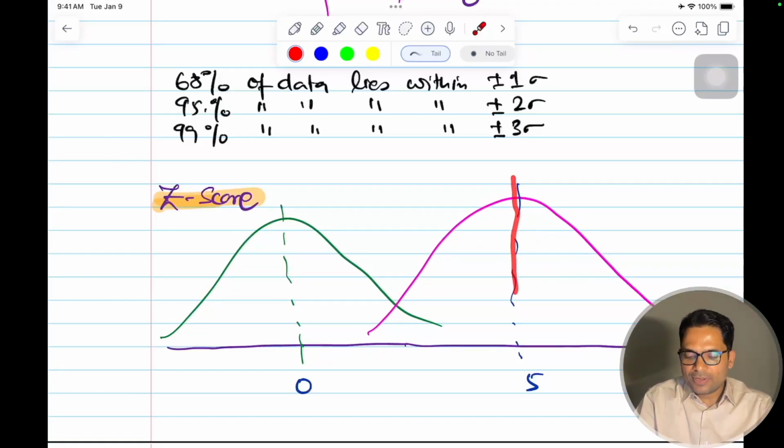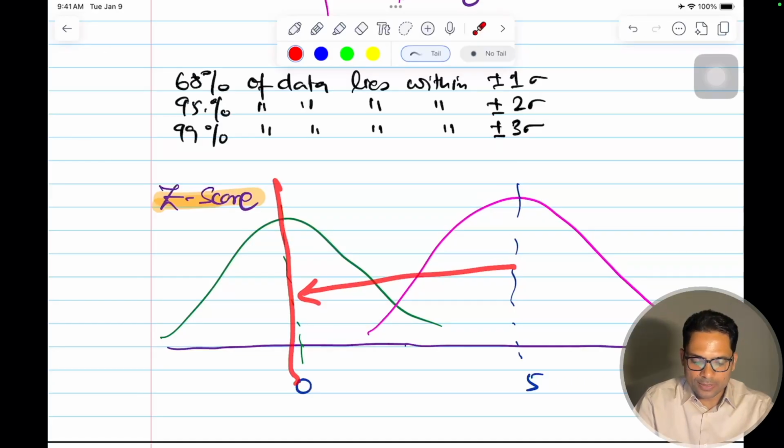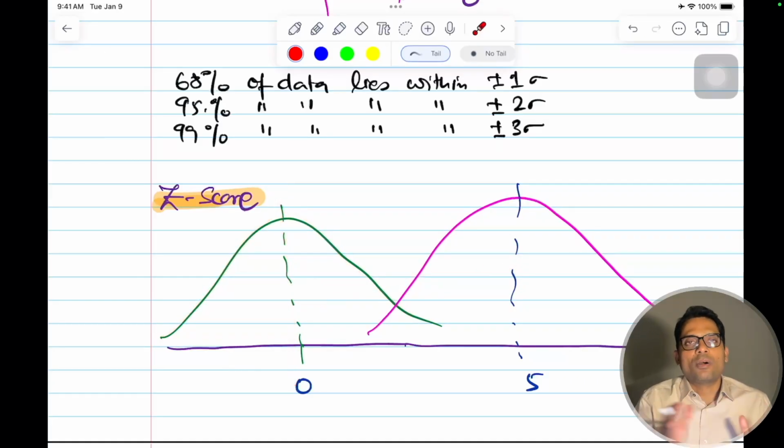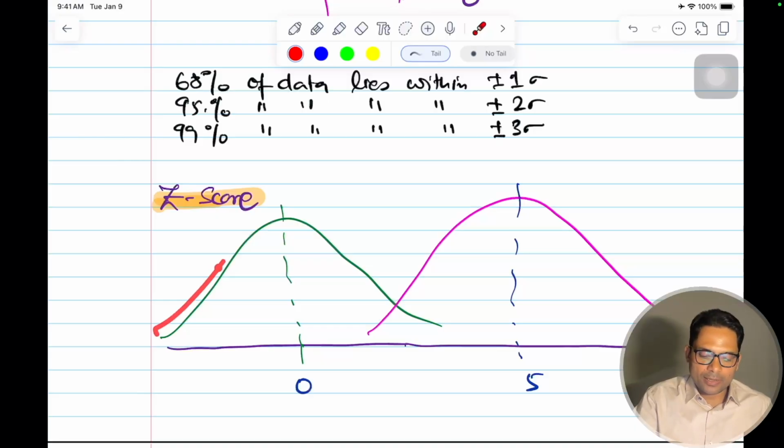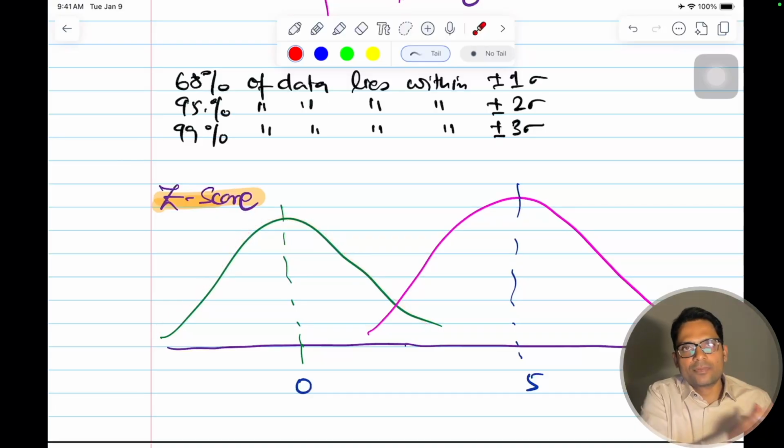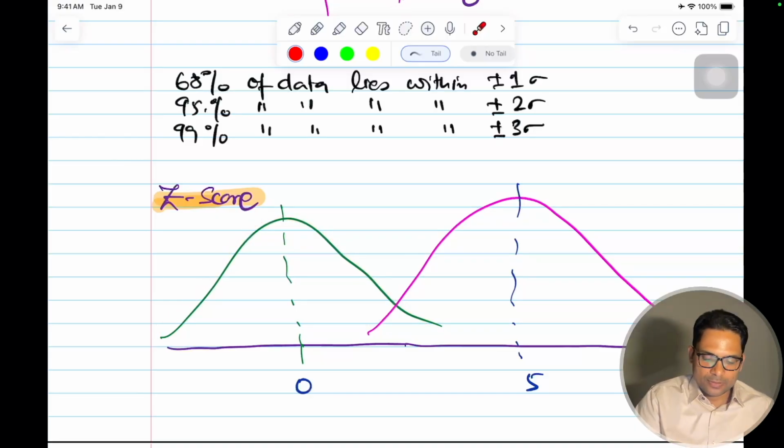Even if the sigma is different, if this is fatter and this is thinner, we can convert any other normal distribution, centering the mean to 0, so that the calculations become standardized. Then we can compare any kind of data set. Okay, after standardizing it. Standardizing means